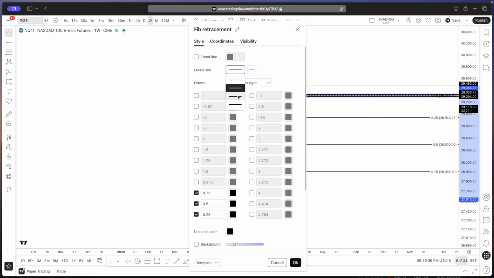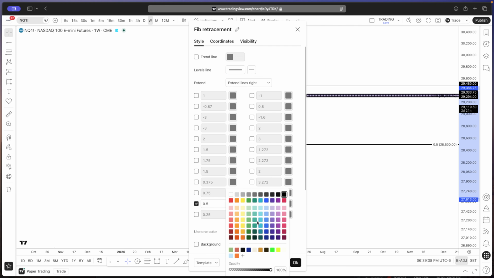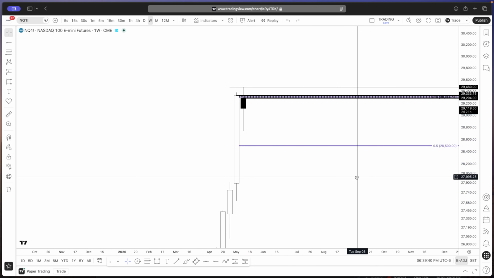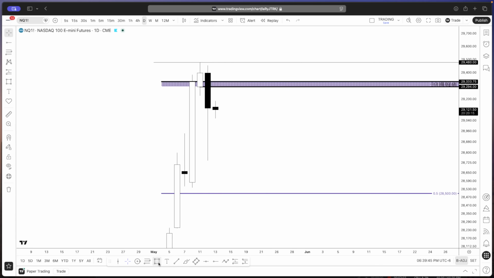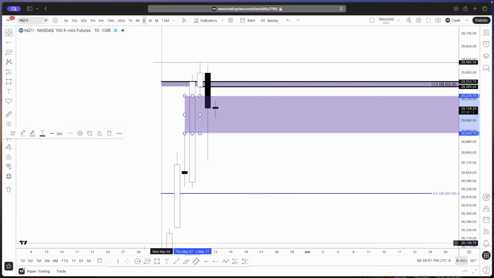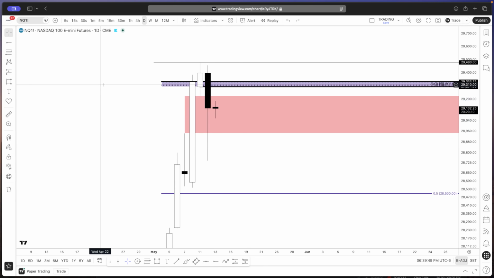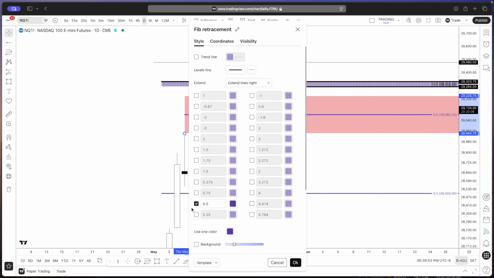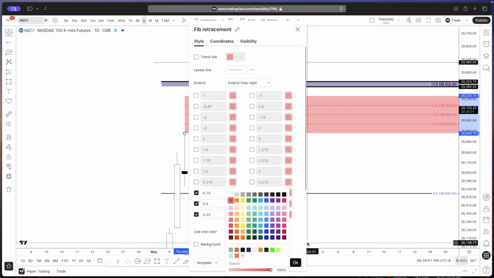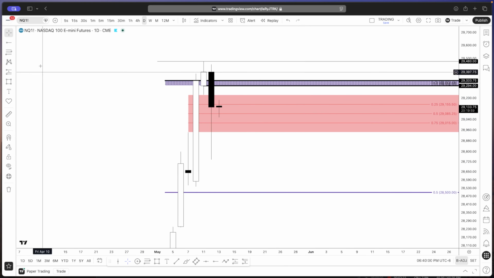We got the mean threshold of this ungained weekly order block sitting right here at 28,500. Drop down to the daily chart right now. We have the daily fair value gap. So the reason we can use this daily fair value gap again is because we do not have a higher time frame level that is overlapping it. Very rare to be able to use daily fair value gaps, but today was one of those days.